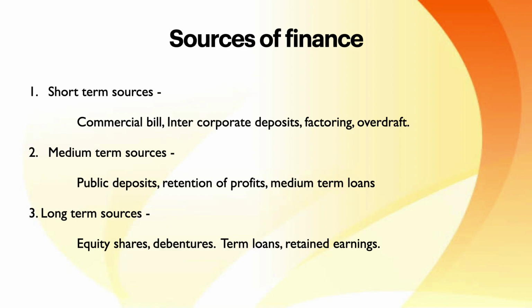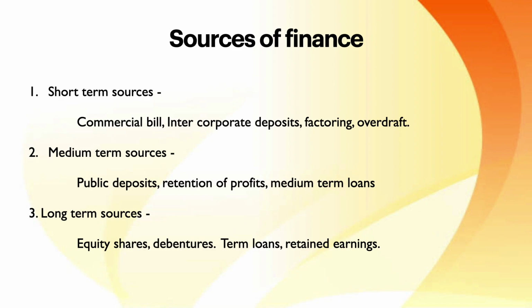So where does the money come from, or how do companies raise money, and in what form? There are three different sources: short-term sources, medium-term sources, and long-term sources of funds. When I say short-term, you remember the money market instruments; all those instruments come under this section. Commercial bill, intercorporate deposits, bank overdraft available only for current account holders, factoring. I hope you remember these concepts taught individually earlier. All these come under the short-term sources, where the company has to raise funds for working capital purposes.